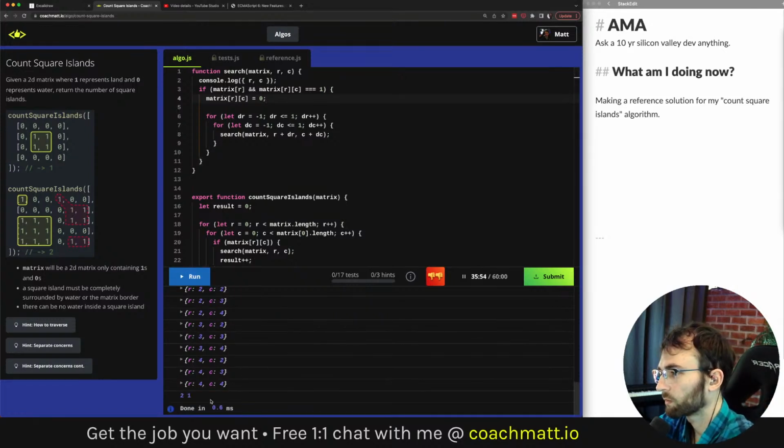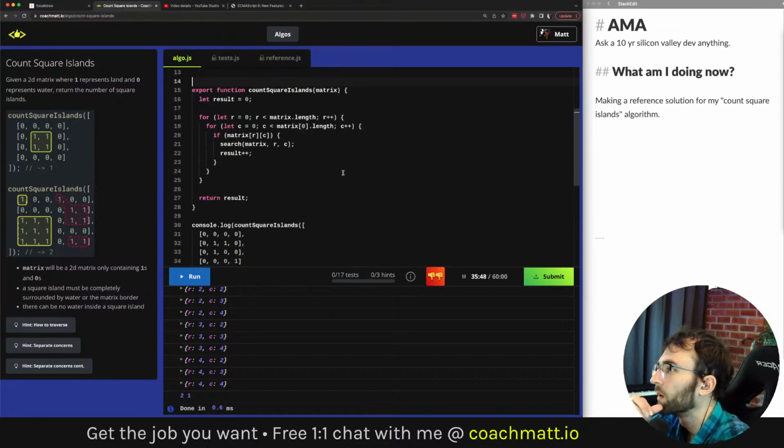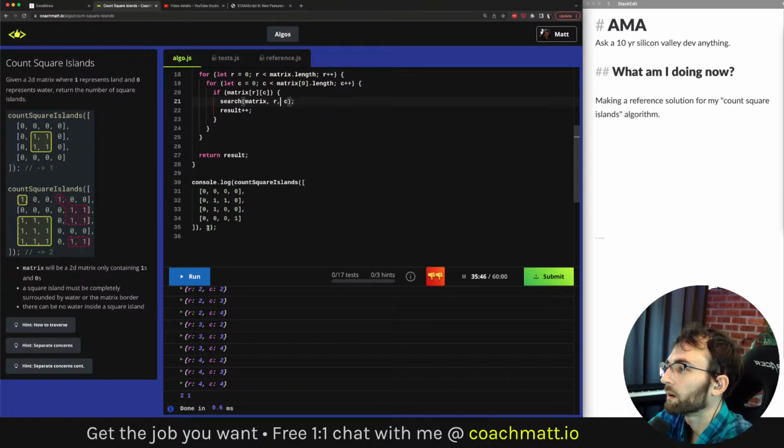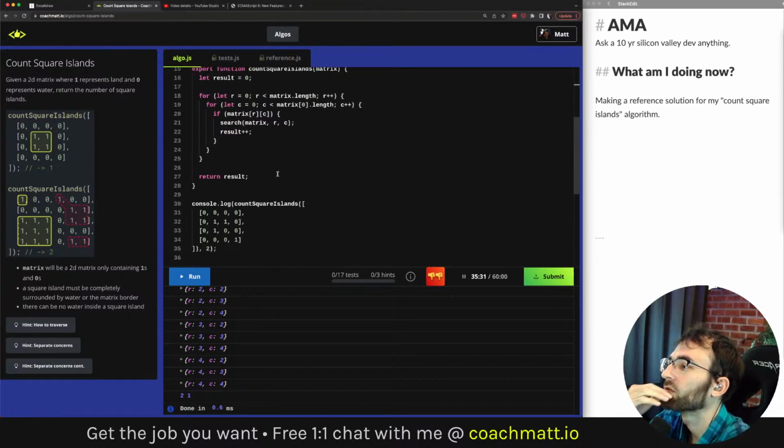Okay, so now this is giving us 2, optional chaining. So we expect 2 now with our new test case, and we're not blowing up. That's great. So we seem to have a working find the number of islands solution.